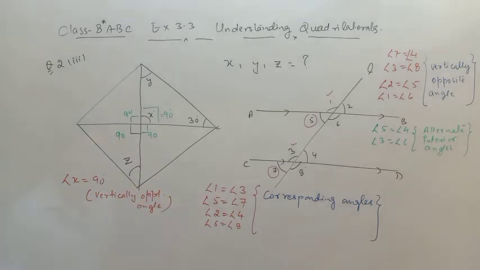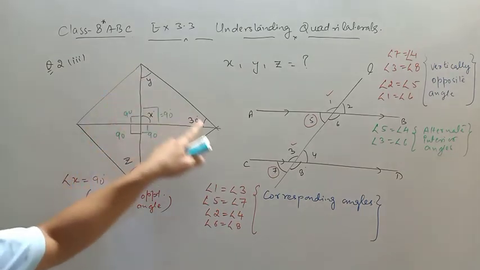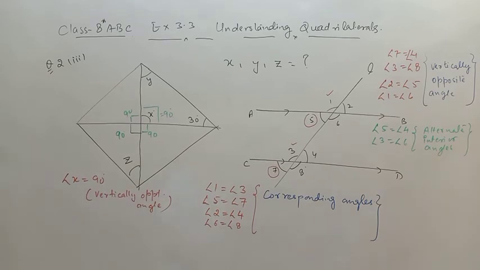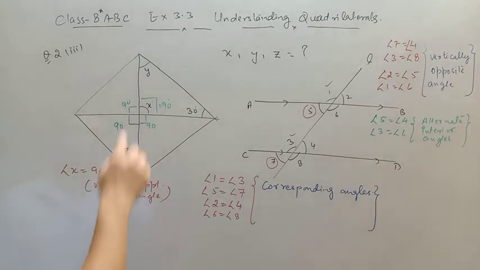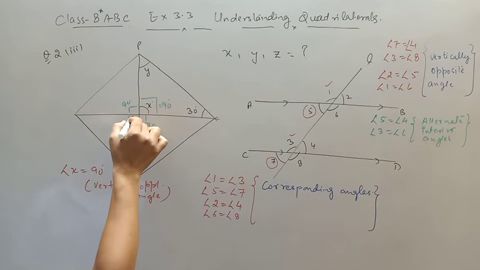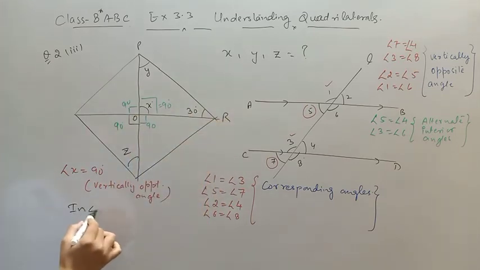Now if this is 90 degrees, then using the angle sum property, please note it down first, then I'll rub this part. Please note it down fast, or I'll write here. Okay, no problem. Let's say this is a triangle PQR, and let's say this point is O and this point is R. In triangle POR,